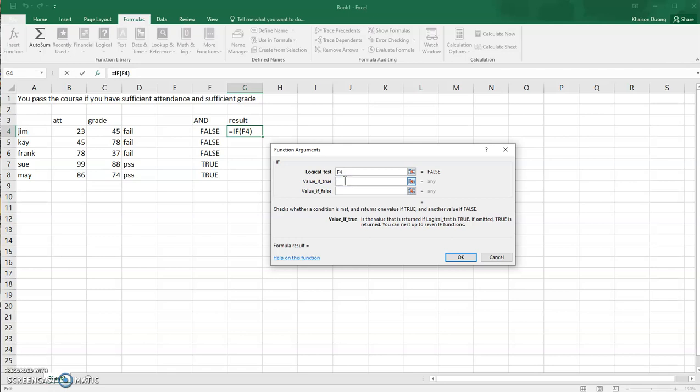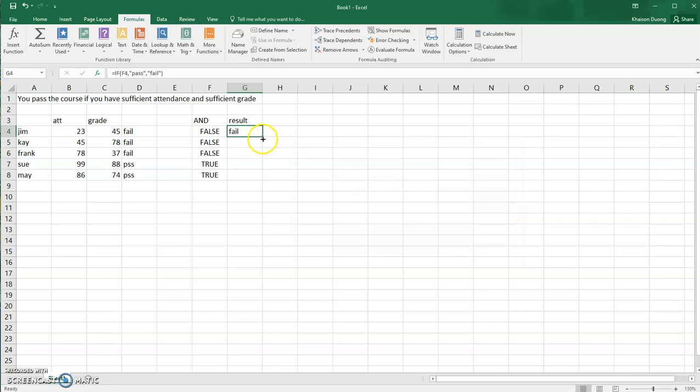So we say F4, take a look at it. If it's true, then I'll just write pass. If F4 is false, then I can write fail. And you can see that I get the same results there, just using this as an intermediate step. Of course, you could do this all in one step using the function in function thing that we talked about in my last video, where you take all of this thing,